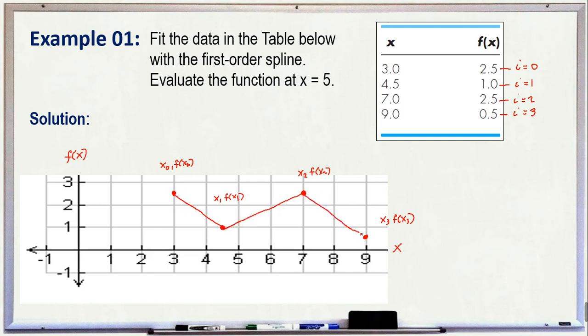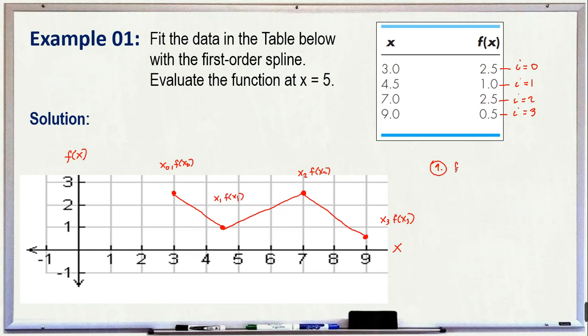Okay, three. So why three, sir? It's because we have four data points. So expected n minus 1, so 4 minus 1 is 3. So for our first linear function, or linear spline equation, so we have